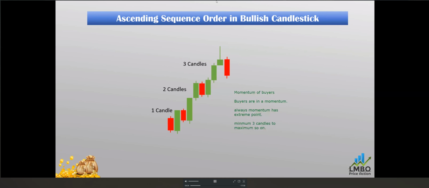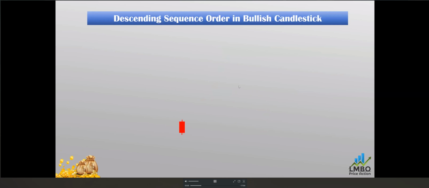Okay, after understanding this one, now understand the second point. This is increasing momentum. So here again I'm writing: chart showing increasing momentum. Another chart will show decreasing momentum. So this is showing the increasing of momentum. On the next chart, you can see here, first the buyer comes with 3 candlesticks, then comes with 2 candlesticks, then comes with 1 candlestick. Now this is showing the buyer decreasing the momentum.